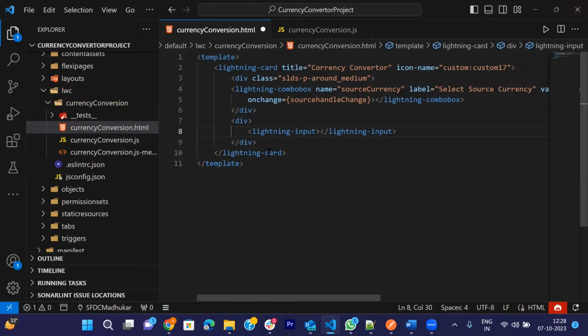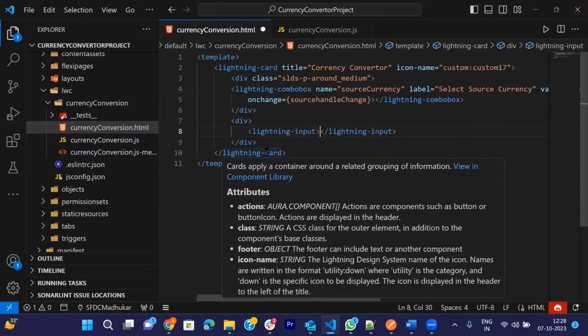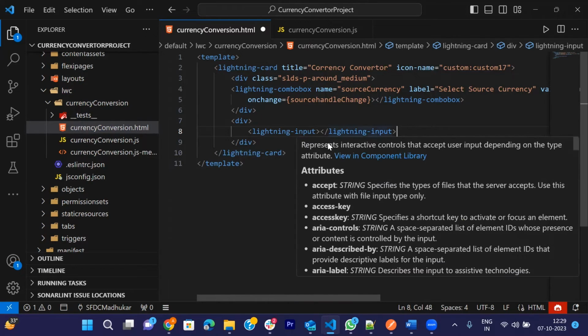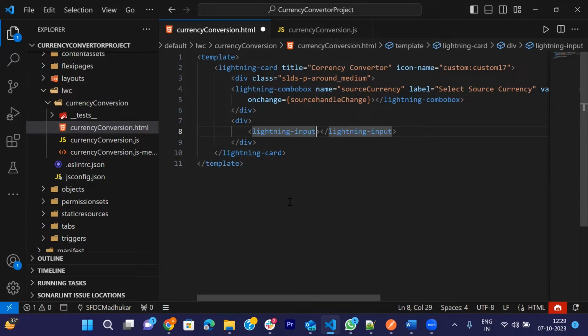For example, in the edit form you need to directly give the API name and field name. It will automatically reflect everything. You don't need to give a specific name and a variable. It will take it automatically. You need to pass only the field API name. Then we can use the field API in lightning input field. But you cannot use it directly here. It will be within the lightning edit form, lightning view form, and read only mode. I have already created one LWC video on that in India, the LDS part. Okay,